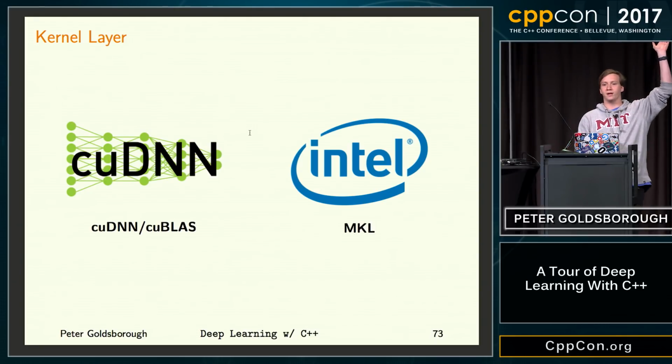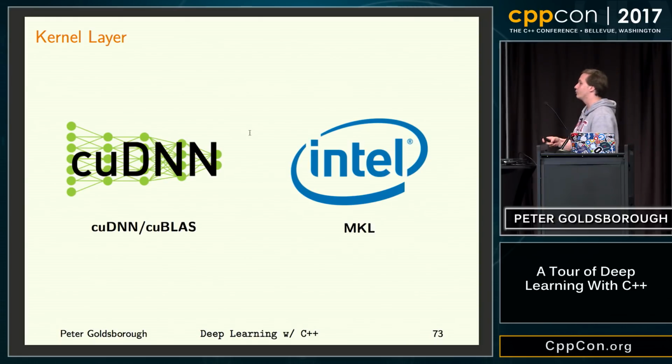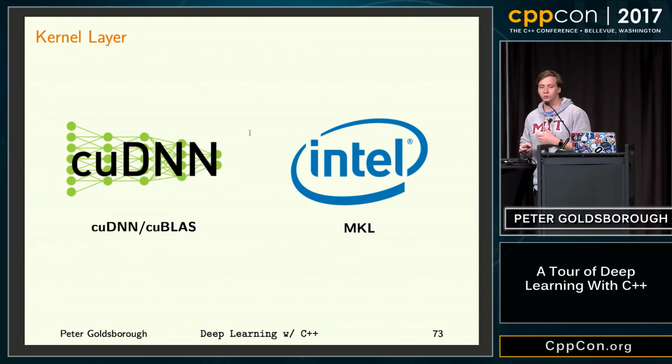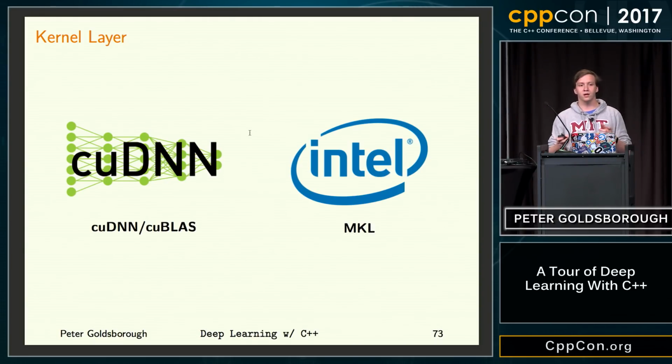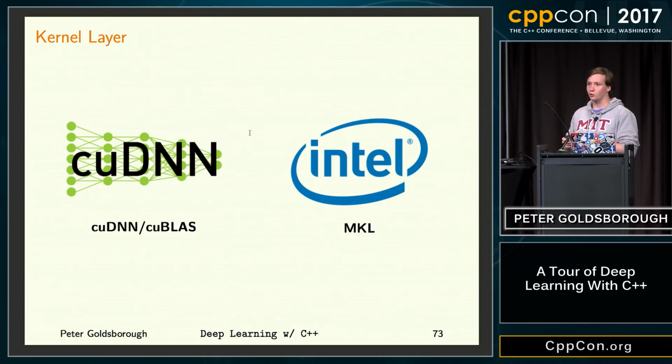Who here has used MKL before? All right, quite a few people, who probably have not used it for neural networks, but for general linear algebra or other purposes. These 2 libraries are used by frameworks like TensorFlow and others to do their low-level grunt work. And at this point, I'm going to switch over and show you the implementation of a convolution with cuDNN.